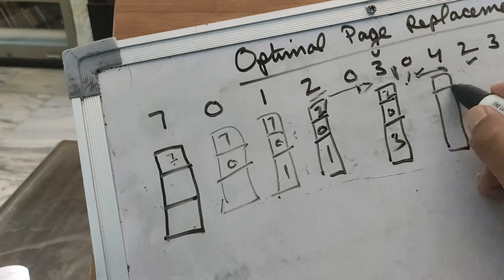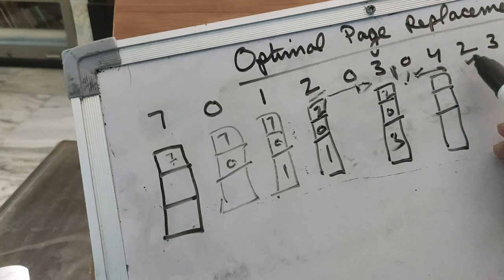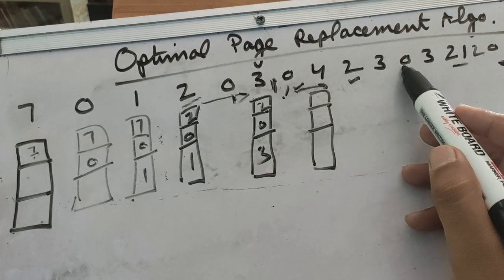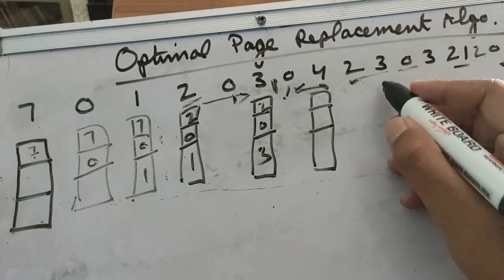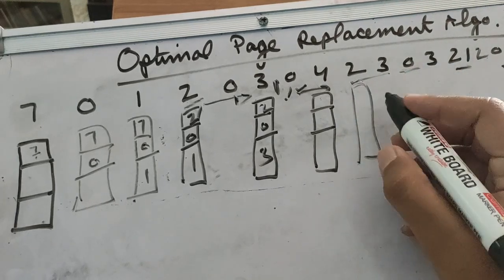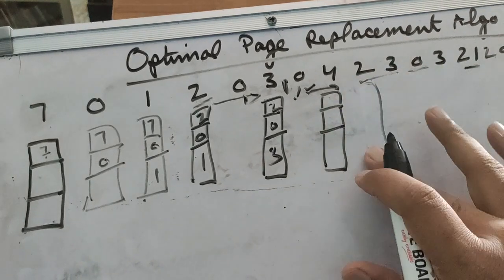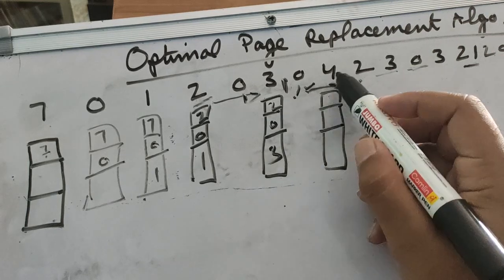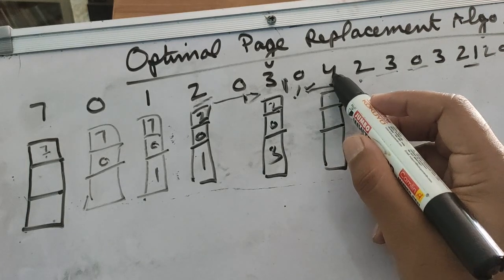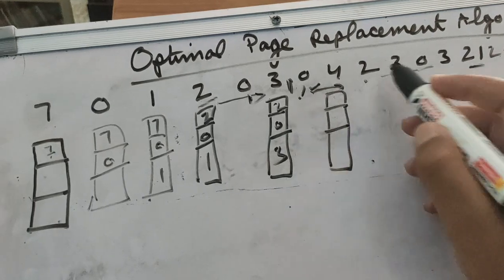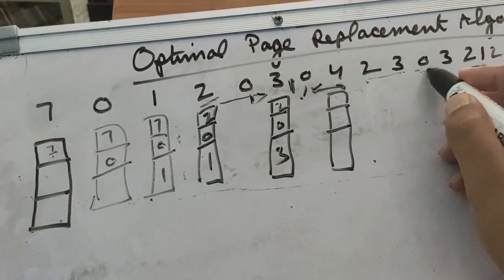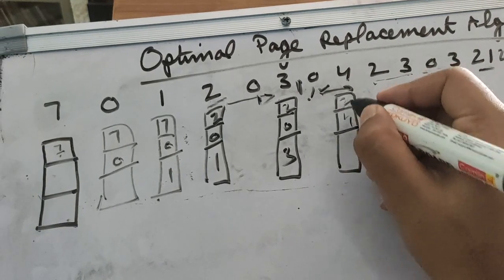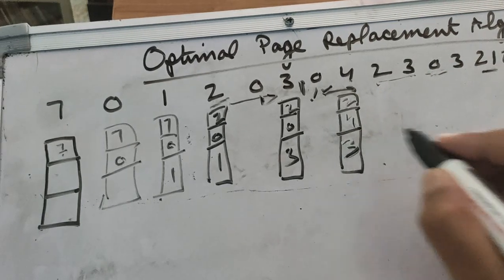Next we're supposed to check for 4. 2 is over here, 3 is over here, 0 is used last. 2 is already over here, so we do not need to do this, because suppose we're to put 4 over here, we're supposed to check from 2 0 3. 2 and 3 are over here, 0 is the last one used. So it will become 2 4 3. This is 2 4 3.